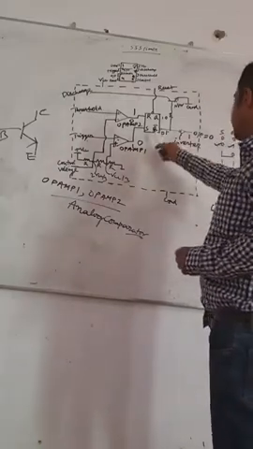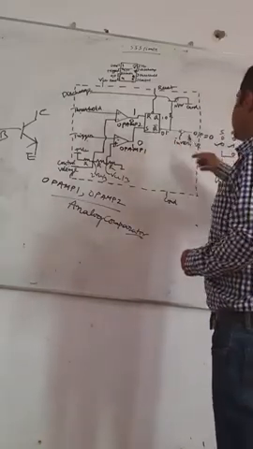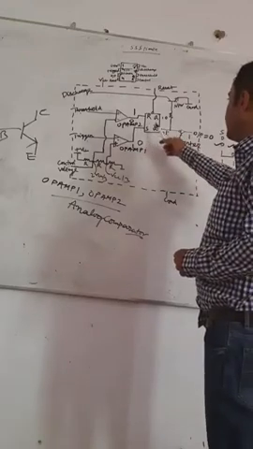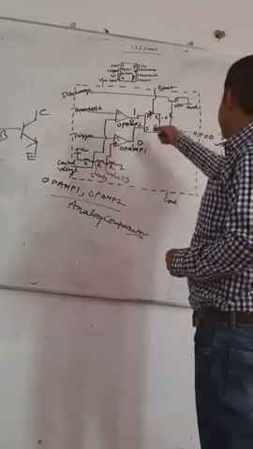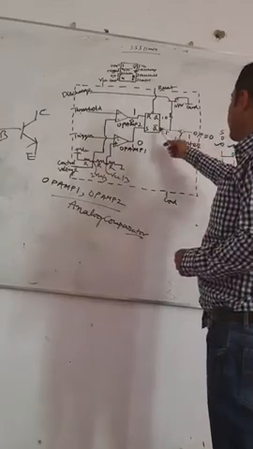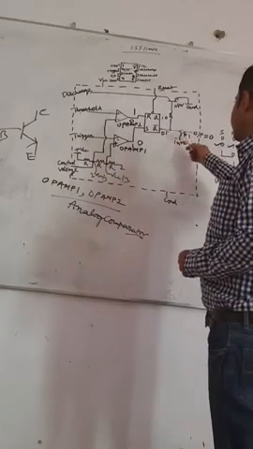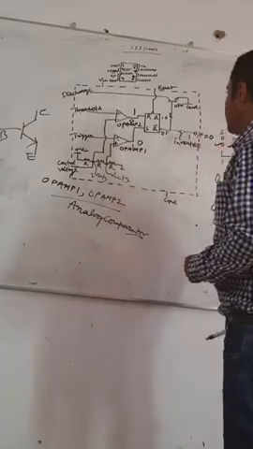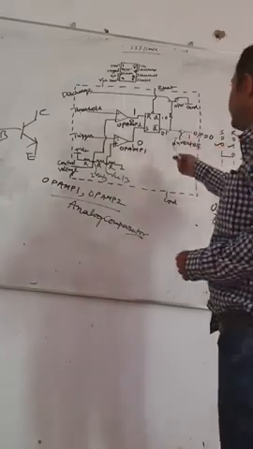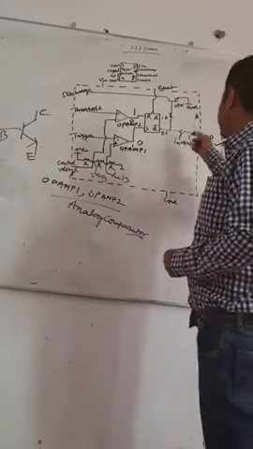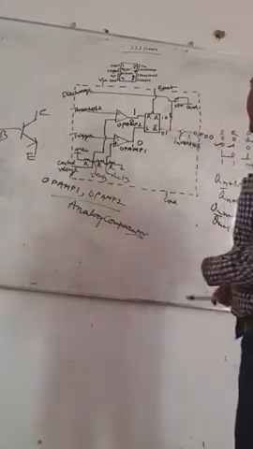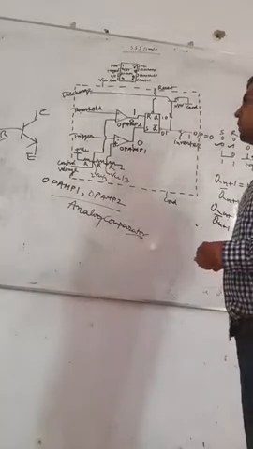If it is set, that means S is equal to 1, R is equal to 0, Qn plus 1 is 1, this is 1, and this will be 0. By using the inverter, the output will become logic high. If it is reset, the output will become logic low, but the transistor will be in active mode. So this is your 555 timer.